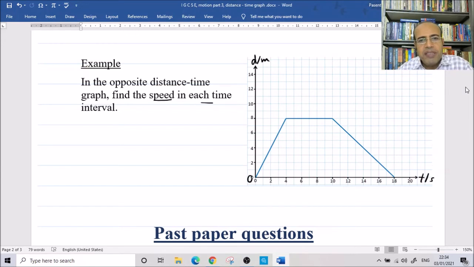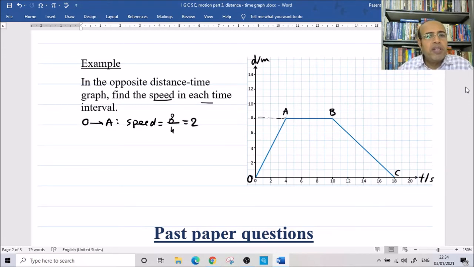Now we have 3 time intervals, from O to A, from A to B, and finally from B to C. From O to A, the speed is constant. So the speed equals the gradient, which is the vertical change, 8, over the horizontal change, 4. 8 divided by 4 equals 2